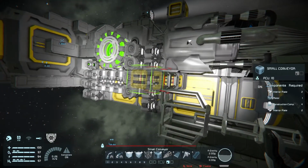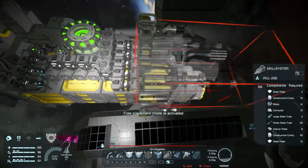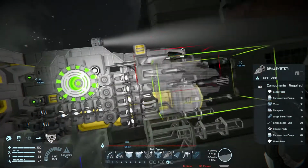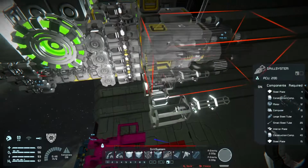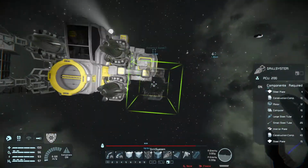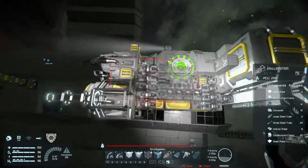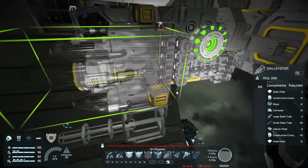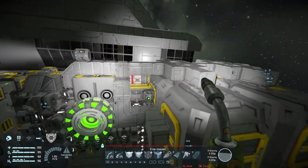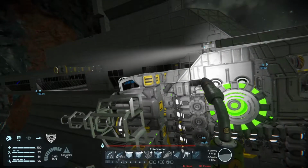Then this. And then I will go out and find me some asteroids to mine. Turn off the antennas. See that I don't get attacked. Maybe I can add at least a few weapons and a shield to this thing. Give it maybe even a bit more power. I still have